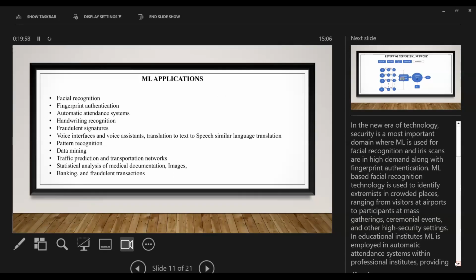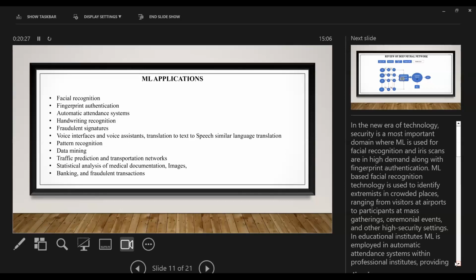So to put them in proper phrases, in this new era of technology, security is the most important domain where ML is used for facial recognition, and iris scans are in high demand along with fingerprinting authentication. ML-based facial recognition technology is used to identify extremists in crowded places, ranging from visitors at airports to participants at mass gatherings or ceremonial events and other high security settings.